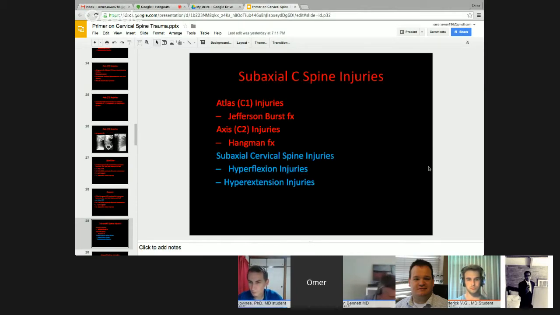Now we're going to talk about the subaxial cervical spine, so anything from C3 to C7. And note that hyperflexion and hyperextension injuries don't necessarily only happen at C3 to C7. They can happen at C1. They can happen at C2. In fact, a hyperextension teardrop fracture most commonly does happen at C2. But just for the purpose of this talk, we're going to talk about hyperflexion and hyperextension injury, and group them into